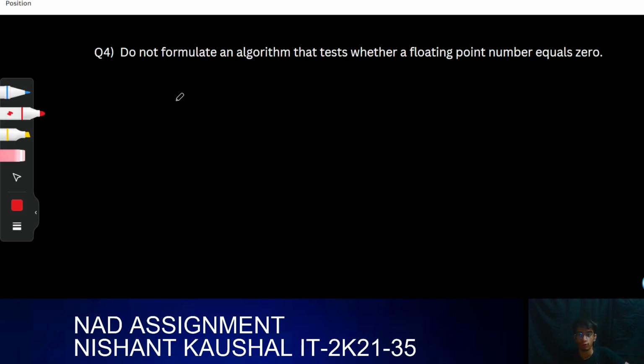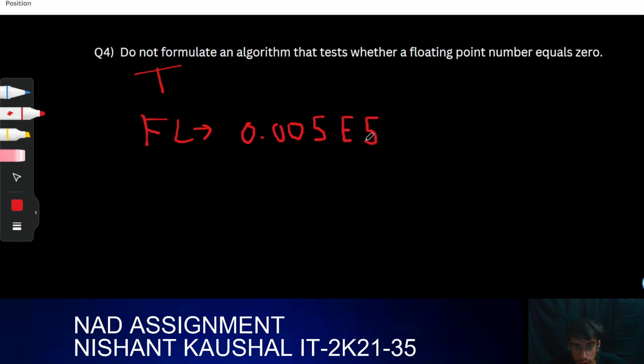Let us proceed to our fourth question. Do not formulate an algorithm that tests whether a floating number equals 0. See, this should be true because in floating point numbers, like this is a number, 0.005 e raised to the power 5, right? If we shift this point to here, then this could become